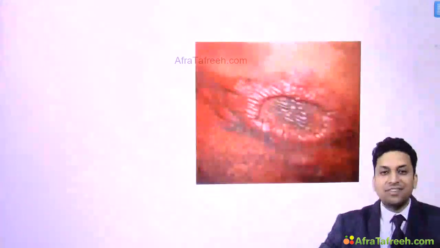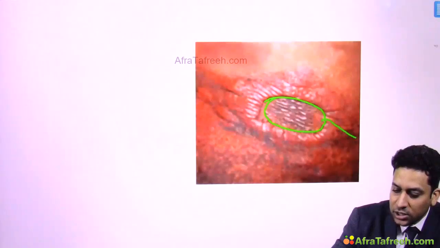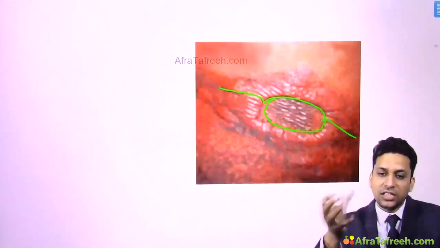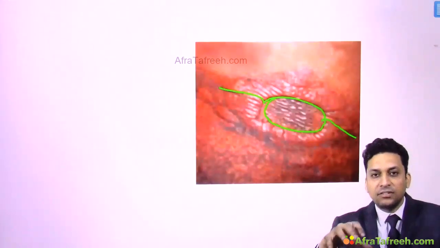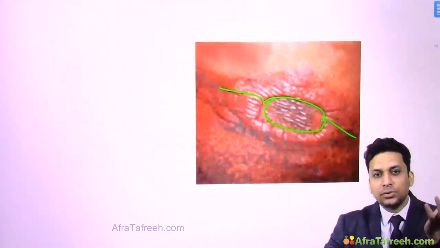This is also known as inverted saucer appearance. Why is it known as inverted saucer? Because the central portion is depressed, the margins are raised, which are scalloping outwards on both sides, giving an appearance similar to an inverted saucer, as if you have kept a saucer which is inverted. It is also known as Swiss cheese. Why is it known as Swiss cheese? Have you seen Swiss cheese?